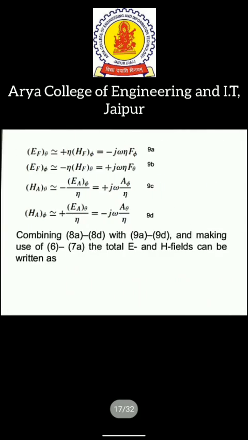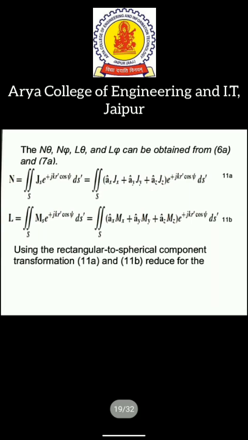Now what we have to do for this N and L is use the rectangular to spherical component transformation. Why do we need this? Because we are considering the radiation pattern as a sphere. That's why we have taken the beam solid angle on the ds area. Earlier the aperture was rectangular, therefore we were considering the rectangular components of geometry, and now for calculating the radiation we need to transform those rectangular coordinates to spherical coordinates.